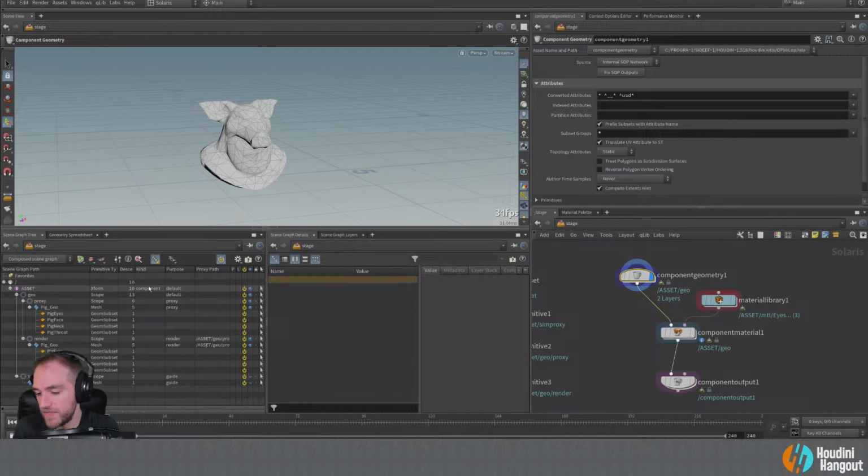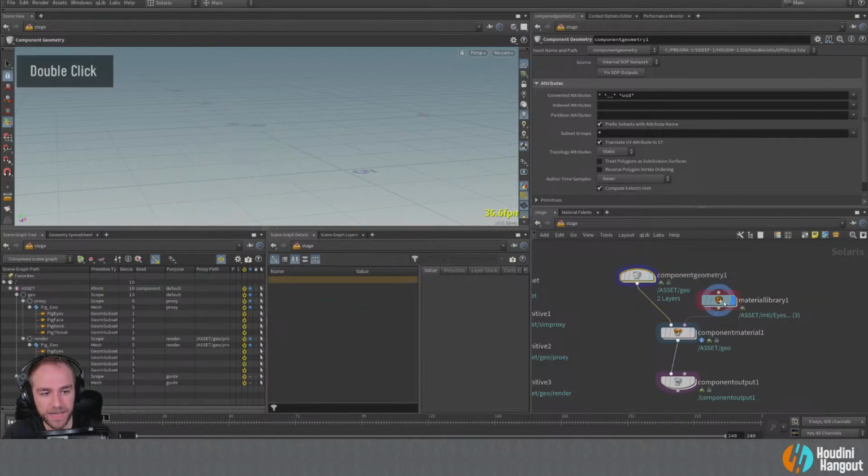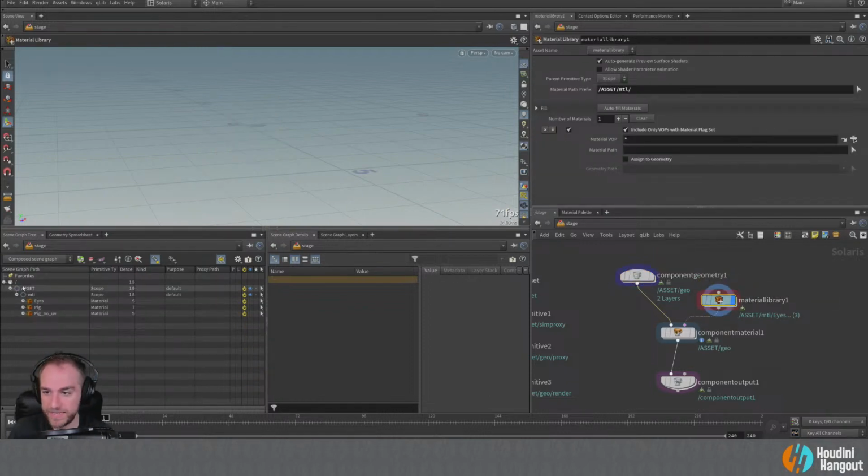Basically, a component is something that you would author on disk, right? So that's like your base model asset in USD, usually called a component. That's the smallest thing you would basically author to a USD file as a component. So we're going to author this to disk. So, all right, we've got our component geometry here. We've got our material library. And if we look at this, we can see that this also has that same kind of top level asset primitive. Then it has material scope, and then has all these shaders inside of it.